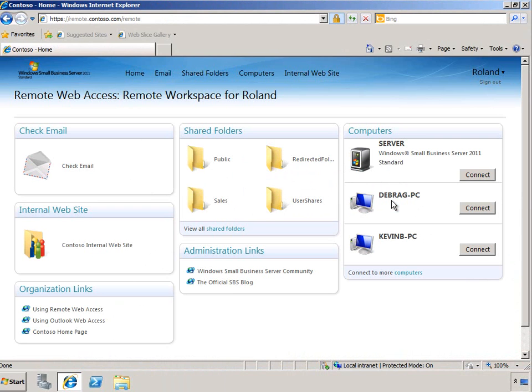Here on the home page, we can see that there are a number of features that users can access from virtually anywhere, anytime over the public internet. One of the first things that's available to them is the ability to change their password remotely. This can be very convenient for users who do a lot of work from remote locations. Of course, we can check our email